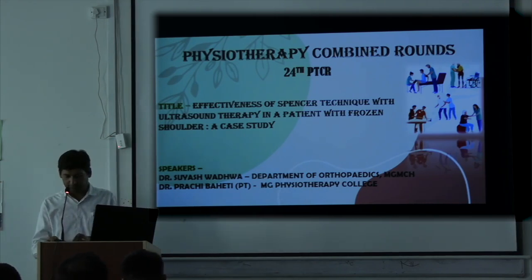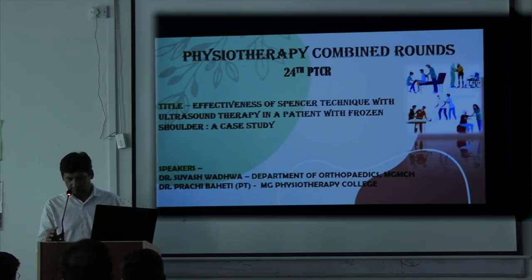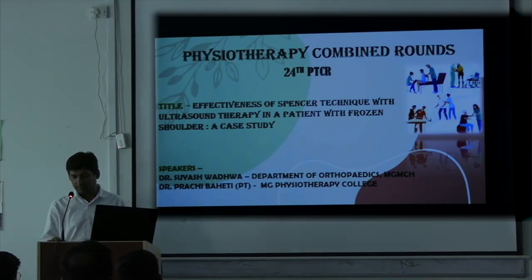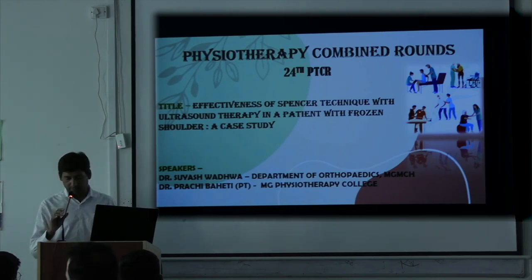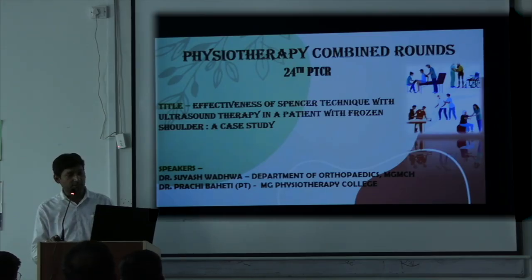Good afternoon, everybody. Respected Dr. K.K. Mathur, sir, Professor Grade, Department of Orthopedics. Dr. Poddar, sir, Senior Professor, Department of Orthopedics, and all the medical members of this college, and even the speakers. Both the speakers are very great, Dr. Serious about the medical part of the management of frozen shoulder, and Dr. Prachi, our PhD scholar, explaining the physiotherapy part of the frozen shoulder.